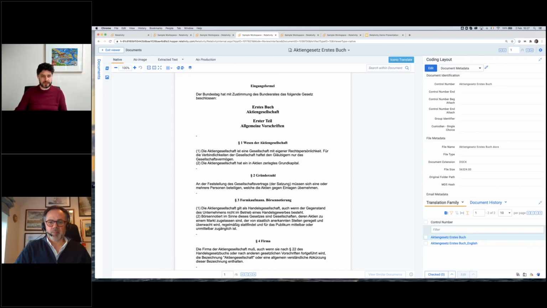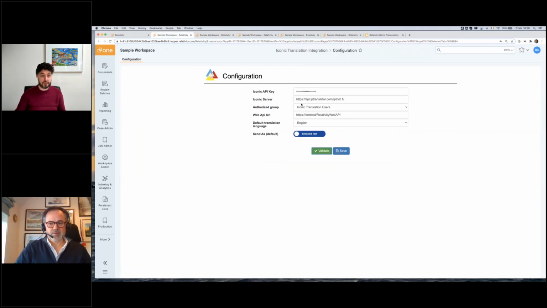Stephen, I might just expand on that a little bit. Yep. Again, that can be done from the configuration page that I mentioned. Yes. You can have all of your workspaces using your cloud subscription pointing towards our EU data centers, but you might have one particular workspace where you have an on-premise installation of just Iconic's German to English MT system, and that workspace will use that. So again, you can configure it down to that level of granularity where all workspaces use the cloud, bar one workspace which uses an on-premise version of a particular language.